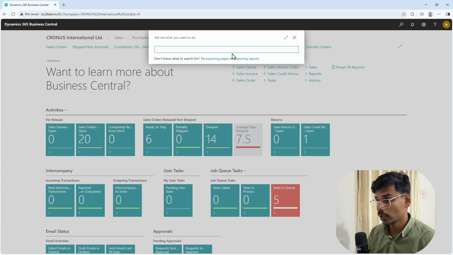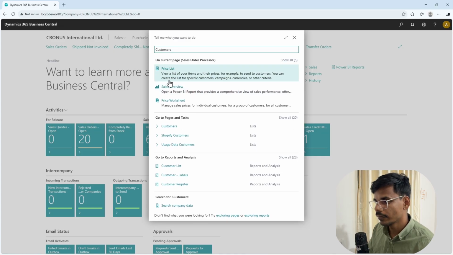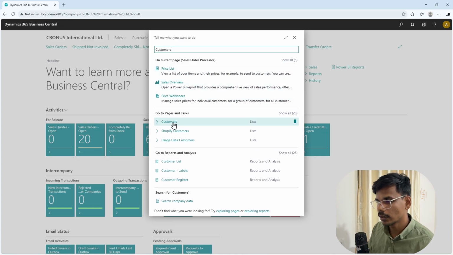For example, I wanted to go to the customers page, so I can type in customers. Once I type in customers, it will search for all the pages with the customers keyword available in them. So in here you can see customers, Shopify customers, usage data customers. Also on the role center page, there are different types of pages, like sales order processor. So all of this stuff is shown to us, but we want the customers, so I'm going to click on